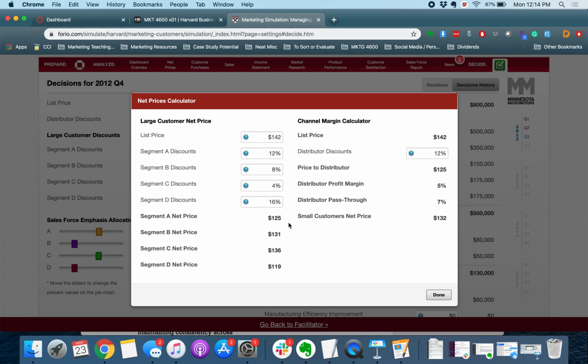So it'll do the math for you. So you don't actually have to use the calculator and see what these numbers are. You'll actually just change this. So I can say, okay, segment A, 11%. Now that changed to $1 more. I can say segment D, maybe I'm just going to give them